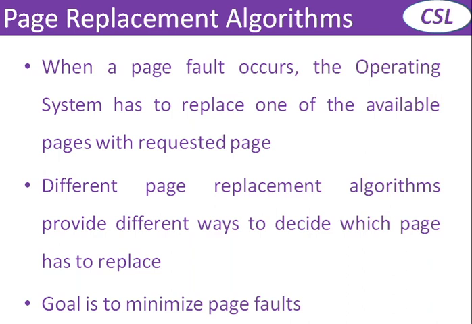And the main goal of these page replacement algorithms is to minimize the page faults. They decide which page has to be replaced, and with that the main intention is to minimize the page faults. If a page fault occurs, it means read-write operations are increased, and the operating system has to go to the hard disk and get the requested page. So accessing secondary storage is somewhat of an overhead for processing. That is about the page replacement algorithms.